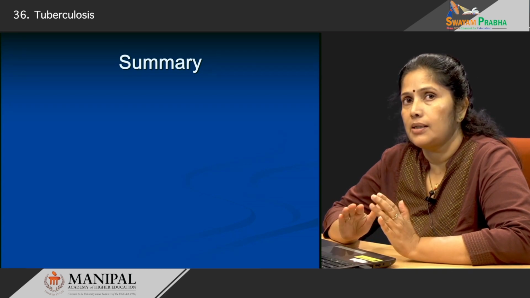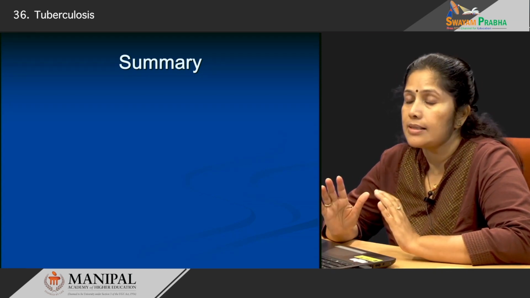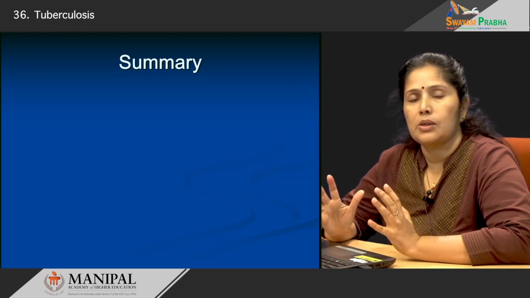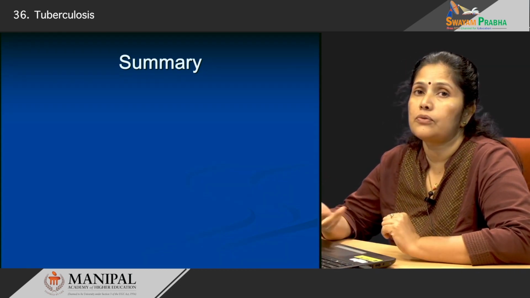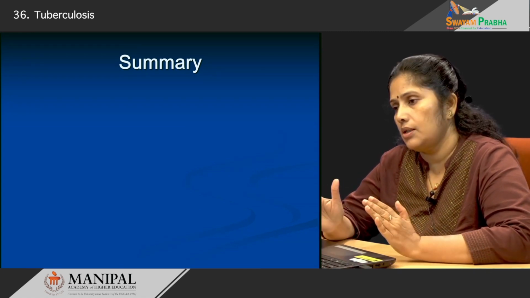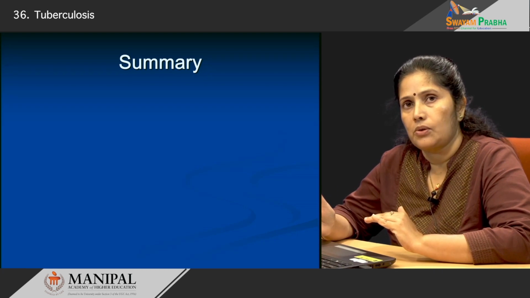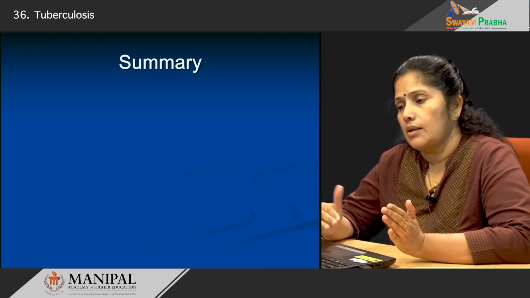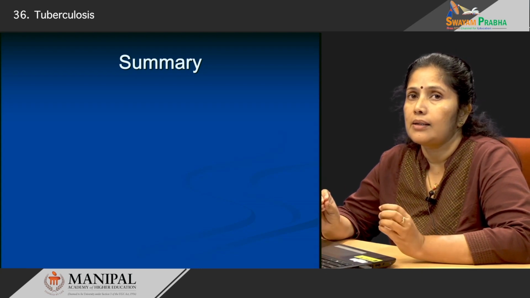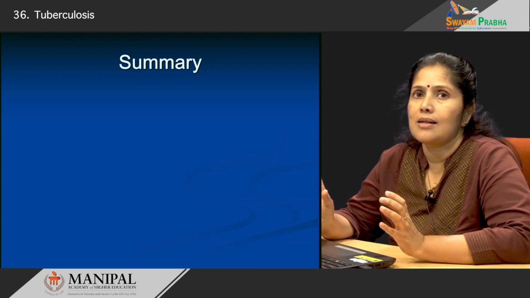In primary, the lesion is subpleural, while in secondary the lesions are mainly apical. While if you look at miliary tuberculosis, it is a result of complication, dissemination from either a primary tuberculosis or a secondary tuberculosis. So, these patients can develop miliary tuberculosis as a complication, where the bacilli seed themselves in